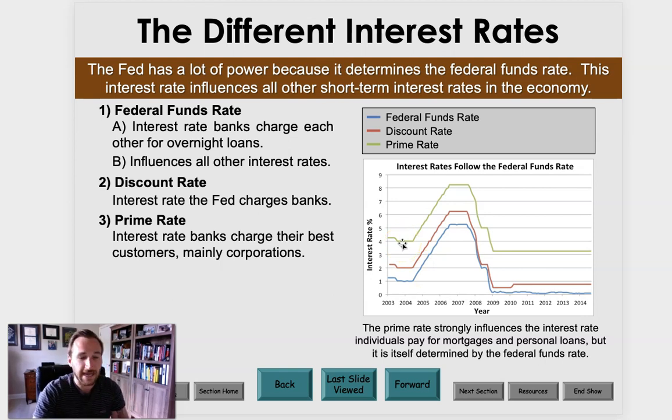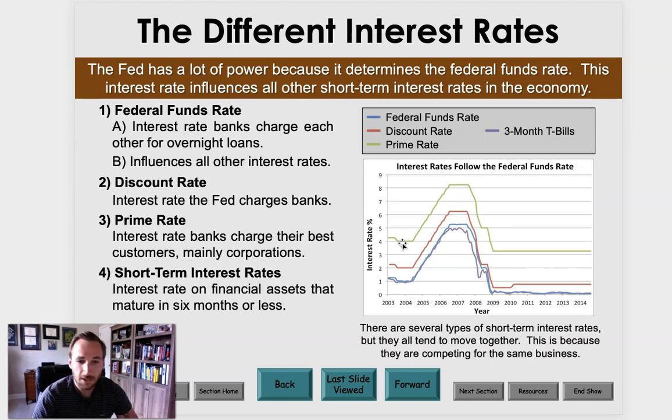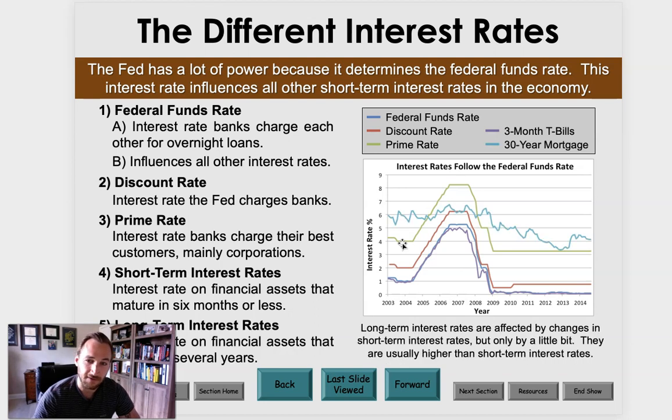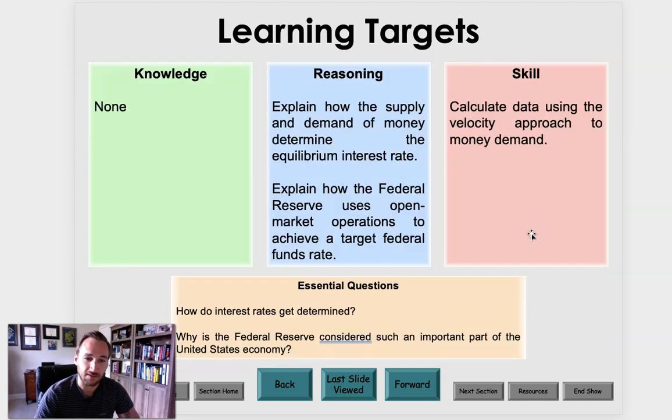So really, just like anything with a wholesaler and a middleman and then obviously a consumer at the end, everyone gets a little sliver of that pie. We see slight levels of markups. Short-term rates, things like a 6-month certificate of deposit and other short-term things, tend to fall close to the Fed rate. And then, of course, long-term things like a mortgage or student loans tend to float in that higher range because, again, even though things are rock bottom right now, in a few years they won't be. So a 30-year mortgage or something like that, they really try to target what they think that average will be for the time of that loan.